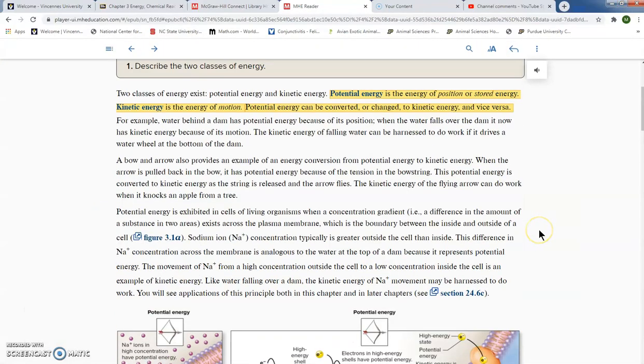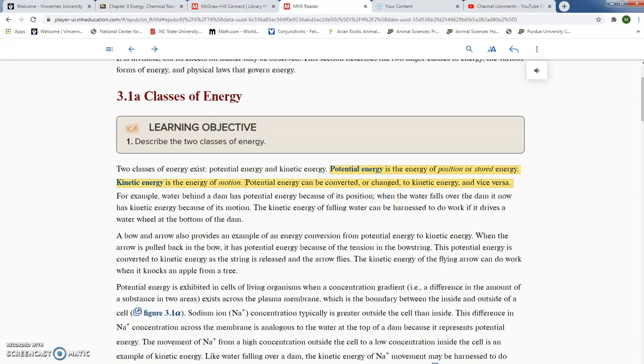All right, so first let's talk about the two main classes of energy. So we have potential energy, and I always like to refer to that energy as the stored energy, and I'll give you an example of that. And then the kinetic energy, and that's the energy of motion. So that's usually energy that's moving and causing work or making work happen. Remember, this potential energy can be transferred or converted or changed to kinetic energy, but then also kinetic energy could be converted or changed or transferred to potential energy,